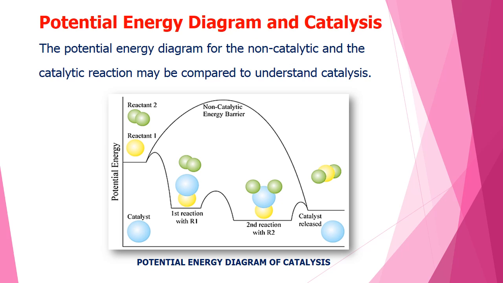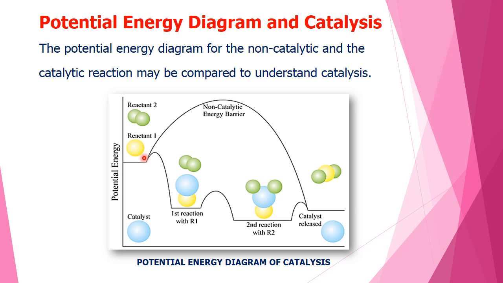Potential energy diagram and catalysis. The potential energy diagram helps us to understand the mechanism behind how a catalyst speeds up the reaction. Here is a diagram to explain it. Here we have a catalyst with a blue ball, a reactant with a yellow ball, and a reactant molecule with two green balls. So here, in the absence of catalyst,